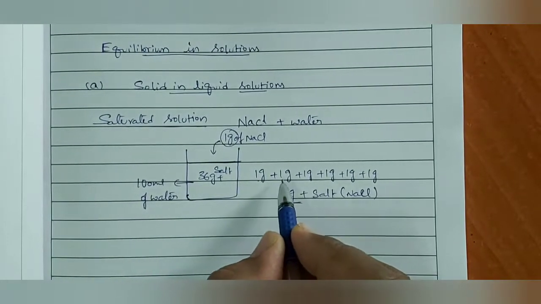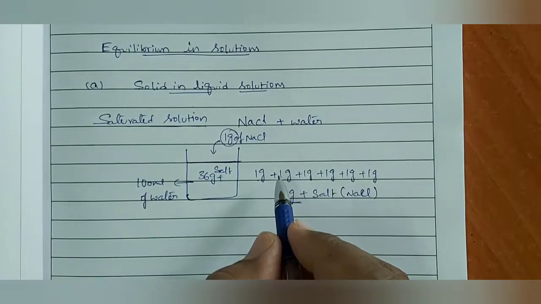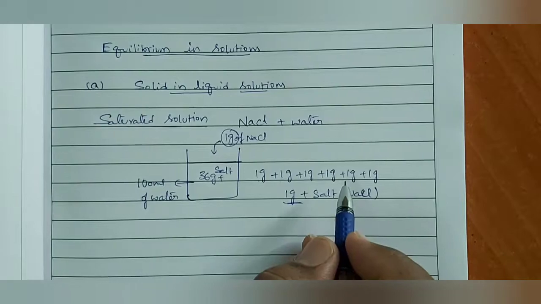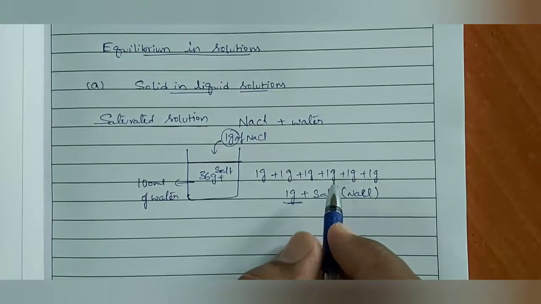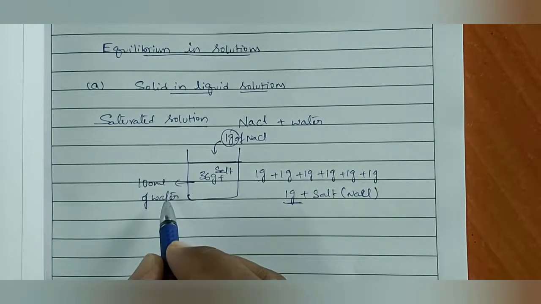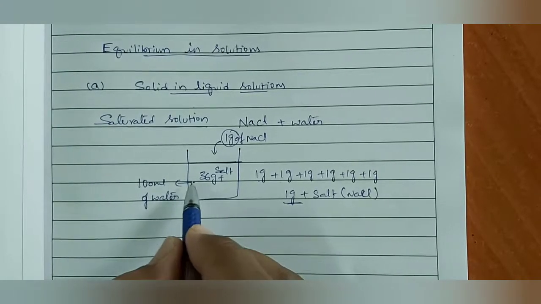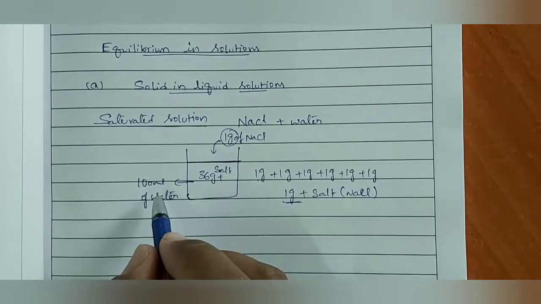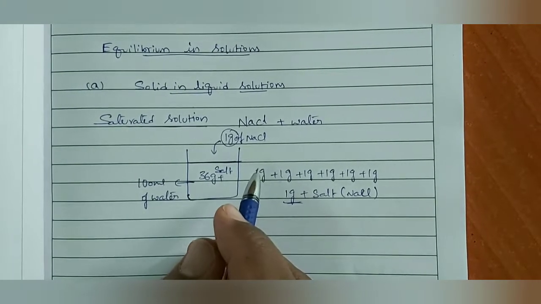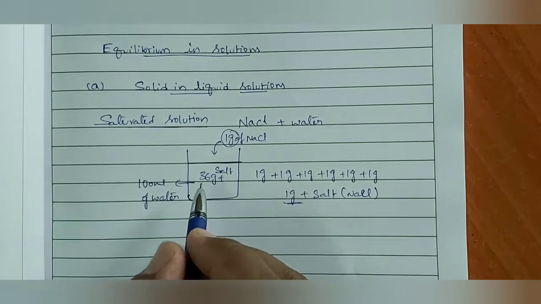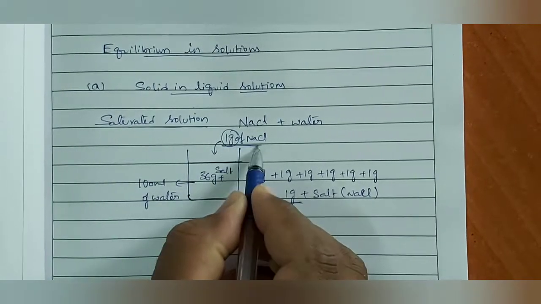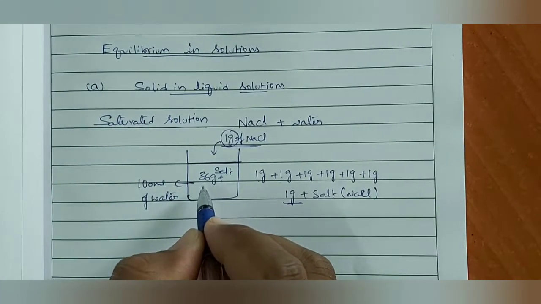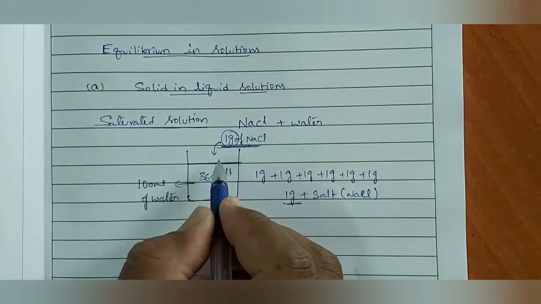One gram of salt I have taken initially and added like that 36 times. So this 36 times of salt will become 36 grams of salt in 100 ml of water. Maximum amount of salt, 36 grams, can be dissolved in 100 ml of water. Further, if you add, it will not be dissolved. You can observe this in your home also. This extra 1 gram will not be dissolved in 100 ml of water already containing 36 grams.